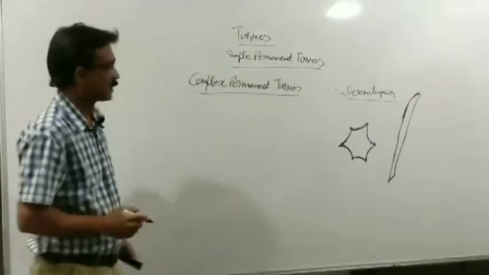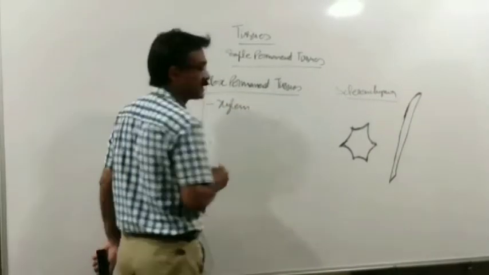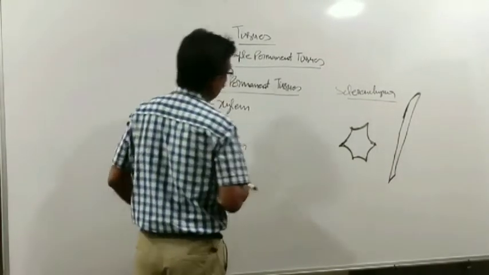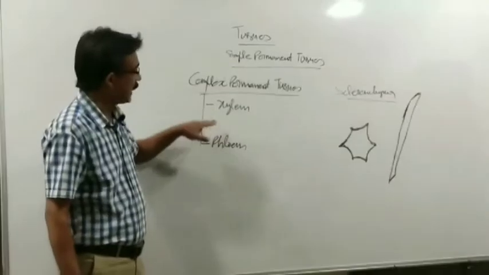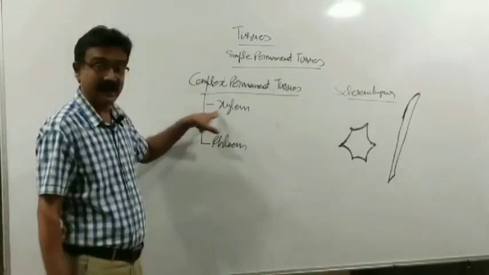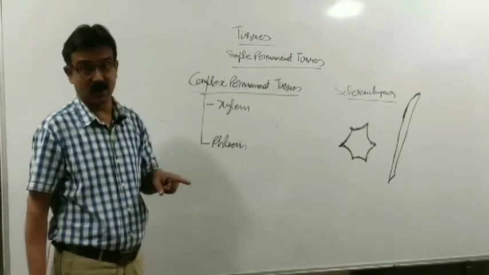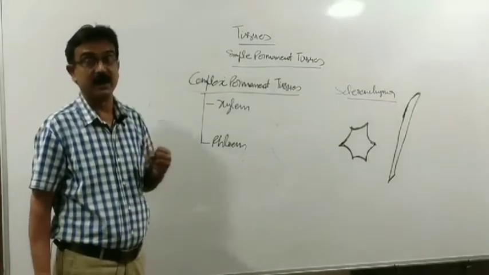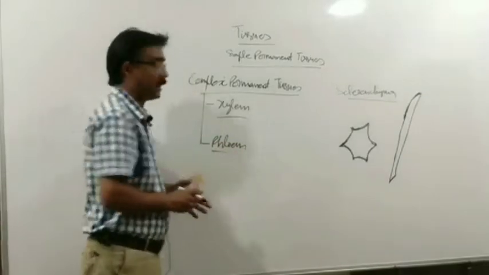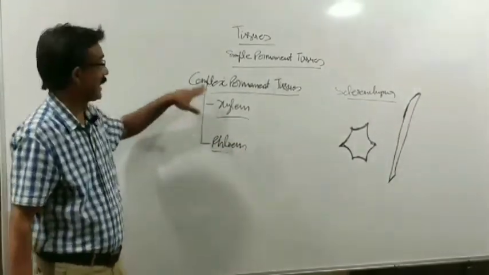Complex permanent tissues are of two types. One is xylem and another is phloem. This xylem and phloem you have also studied in your previous classes: xylem is for water conduction and phloem is for the transportation of food material in liquid form. Before we proceed with xylem and phloem, I would like to explain